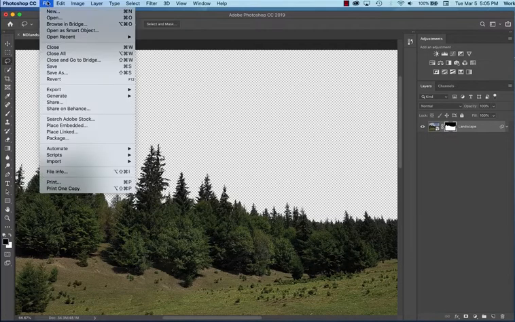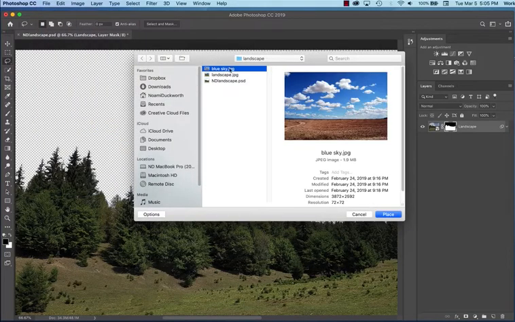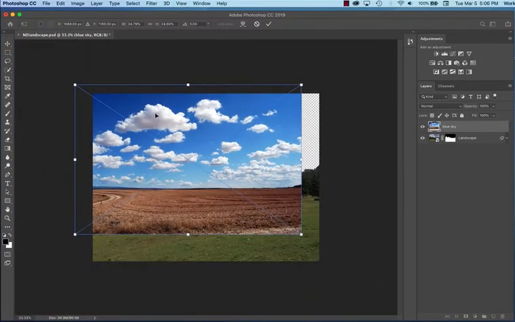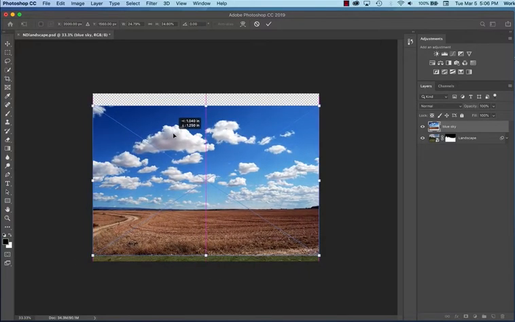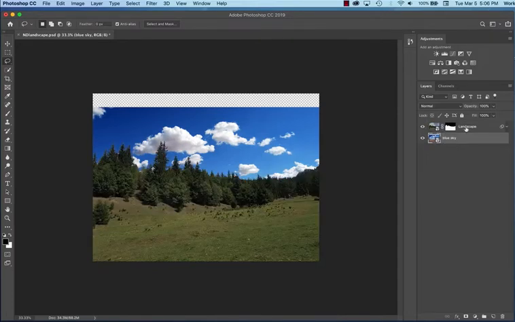We're going to File, Place Embedded, and we're going to bring in the blue sky. Automatically it comes in a bounding box, ready to transform. I'm going to double click and just place it there for now. It does come in as a smart object, but we do need to arrange that layer to be below your